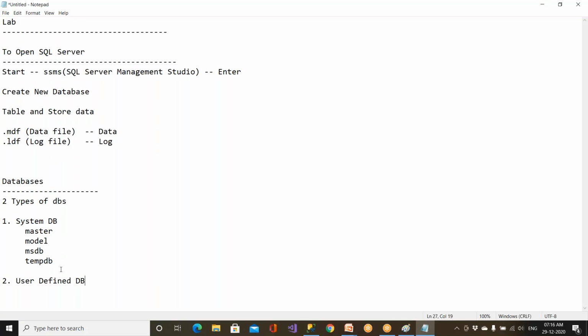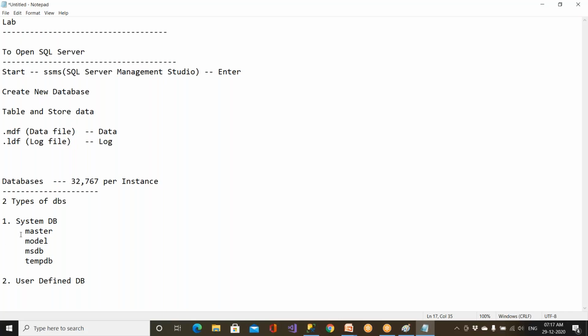Total databases, system databases plus user defined put together, we can have 32,767 databases per instance or per server. Instance means per setup. So in a single setup, you can have these many databases.